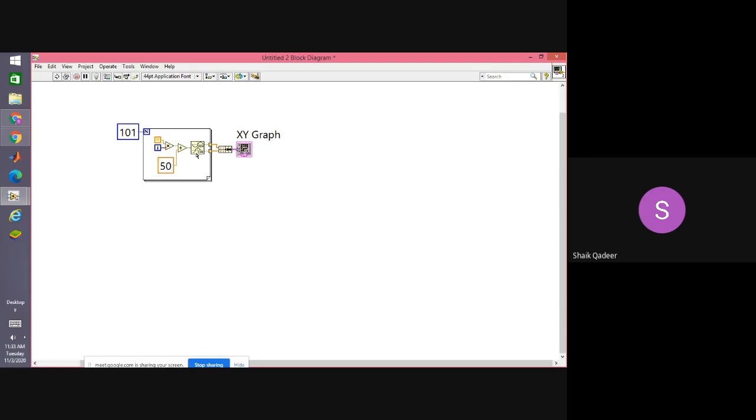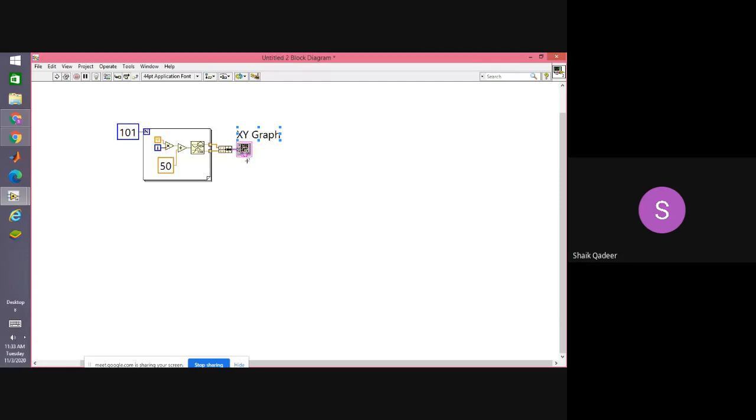Suppose sine X is going in one direction in the time axis. Cosine X will go perpendicular to the sine X direction, right? So what we are doing is sending sine X to the X axis and cosine X to the Y axis of the XY graph.